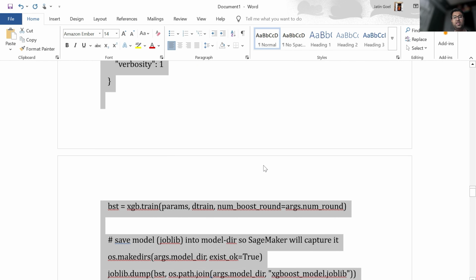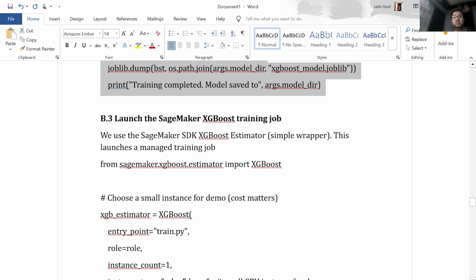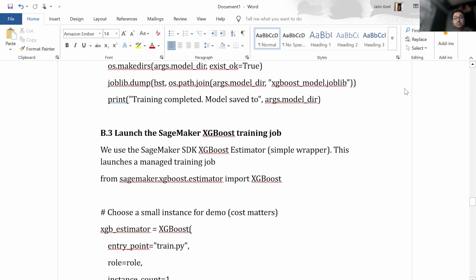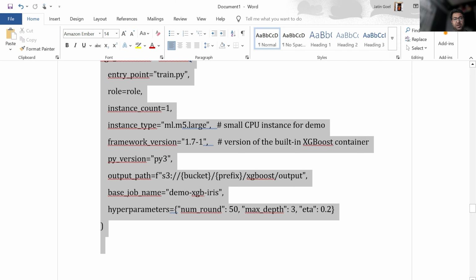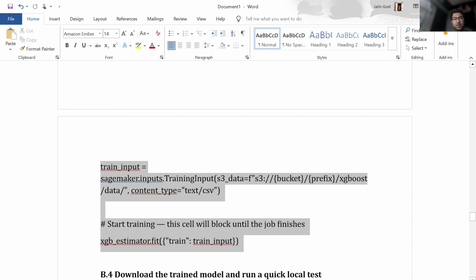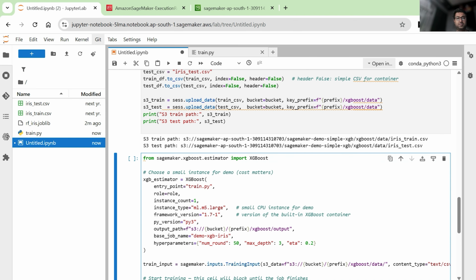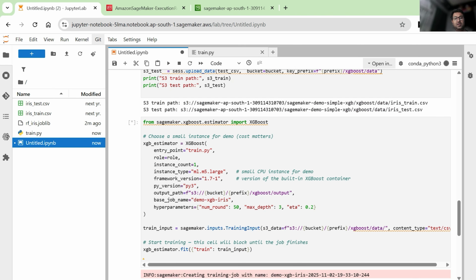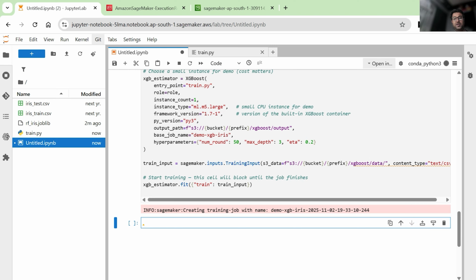Okay. Once it is done, the next step is we're going to launch the SageMaker XGBoost training job. So we will be using the SageMaker SDK XGBoost estimator. This will launch a managed training job. Okay. So let's take the code from here and we are going to use that in our notebook. I'm going to do a copy paste. Let me take it, and then we will be pasting it in our notebook. Let's run this cell